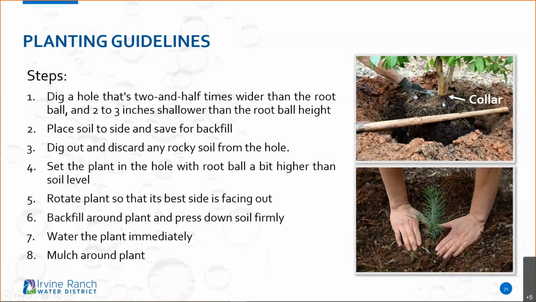You don't want to have that out of the ground as well. Just note that it is going to settle down a little bit. And when you're out there mulching, try to keep a lot of that mulch and everything away from against that plant. So protect that collar always, the plant.